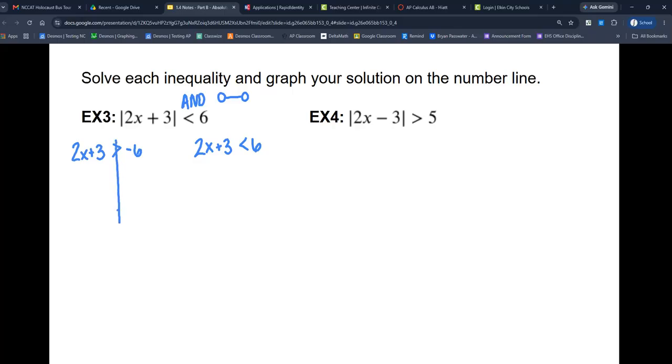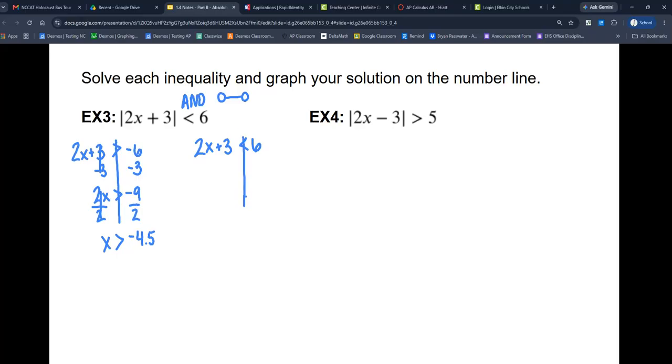So for this, Emily, what would we do to solve that first inequality? Very good. So we got 2x is greater than -9. And then after that, Emily, divide it by that 2. You can leave it a fraction or a decimal. I think I'll go decimal since we saw that on Desmos. -9 divided by 2 is -4.5. Okay,